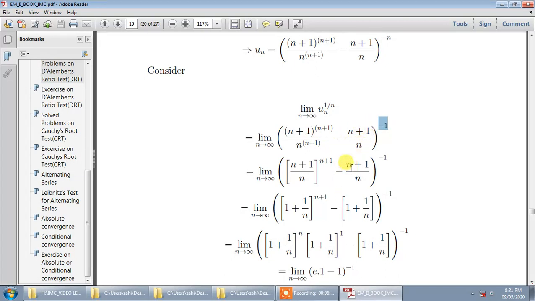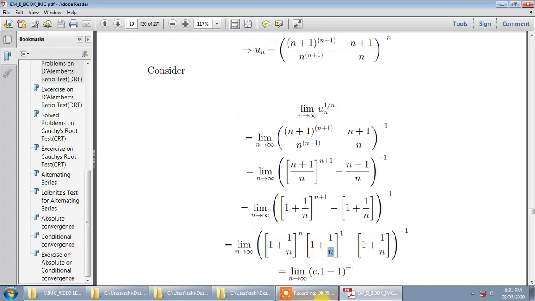Now let us separate out the LCM. n divided by n is 1 and 1 by n. Okay, and here you can observe that power of n plus 1 is n plus 1 and power of n is also n plus 1. So we have common power of n by n plus 1 is equal to n plus 1. Okay, and here also if I take LCM, we get 1 plus 1 by n raised to n plus 1. Okay, even if I separate the power, so a raised to b plus c is a raised to b into a raised to c. So I will be getting 1 plus 1 by n raised to n and 1 plus 1 by n raised to 1. If I take n equal to infinity, 1 upon infinity becomes 0 and 1 plus 0 is 1. So this first term becomes 1.